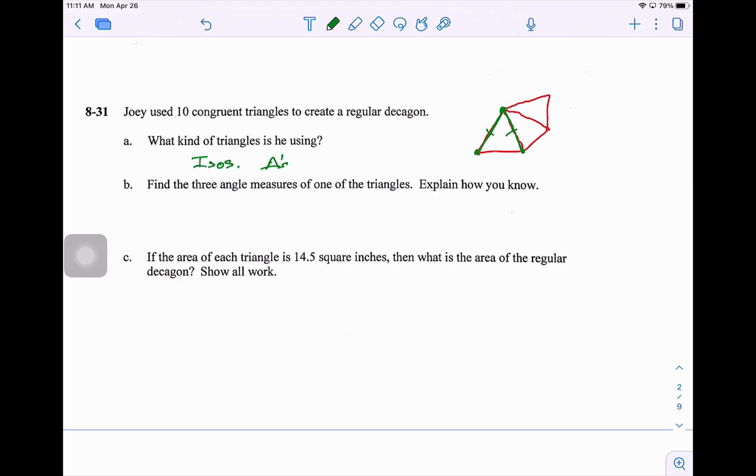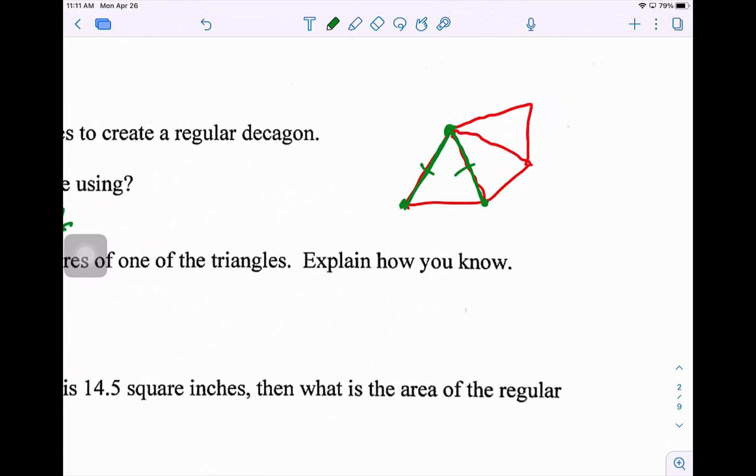He is working with 10 isosceles triangles to create his decagon. So you take that and rotate it 10 different times. So then from there, if we take a look, now they ask you to find the three angle measures of one triangle. And what we're going to start with, I'll blow this up a little bit, I'm going to start